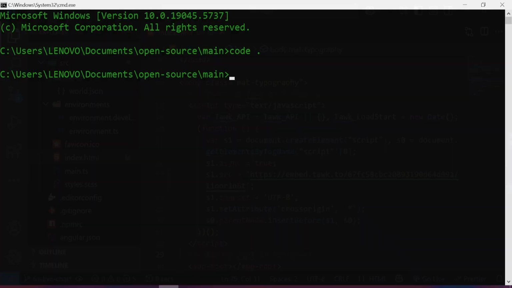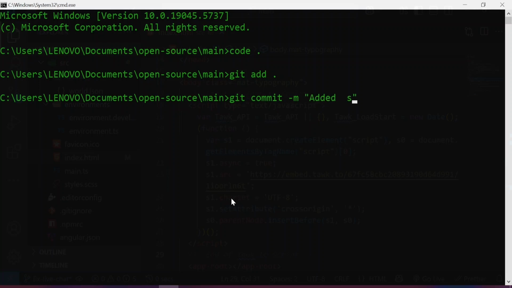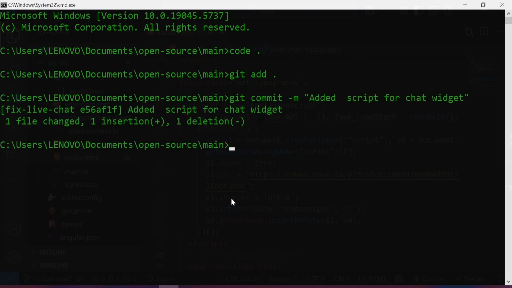To do that, I'm going to open up my terminal and commit the change. So I'm just going to run git add, add all, then git commit -m, and I'm going to say "added scripts for chat widget". Then I'm going to create a new branch for this by typing in git checkout -b, and I'm going to call this